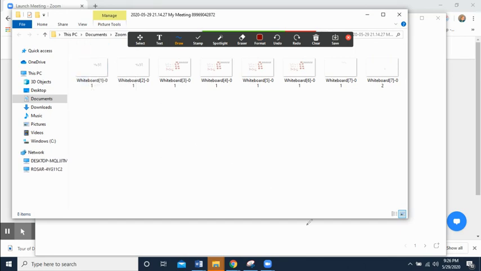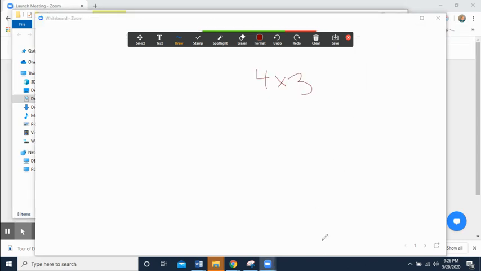And what will happen is it will just pop up here in your folder, which is absolutely great. You click on it and do whatever you want to, send it to your students in Class Dojo or whatever it is that you want to do. So this is really, really great. Hopefully this was helpful to you. I use it all the time when I'm doing live